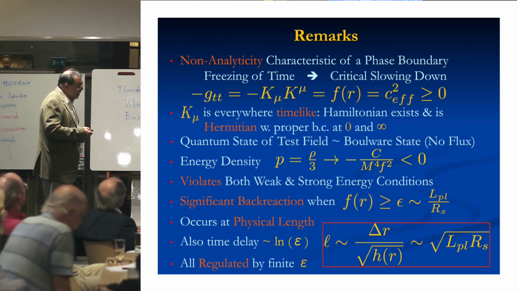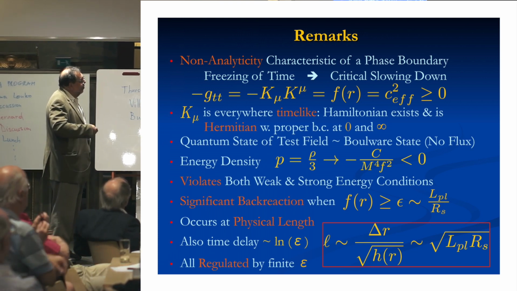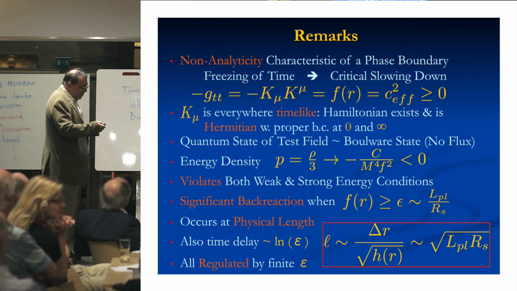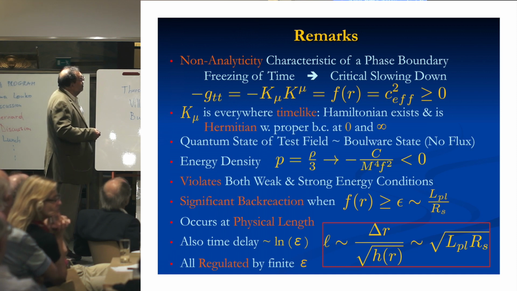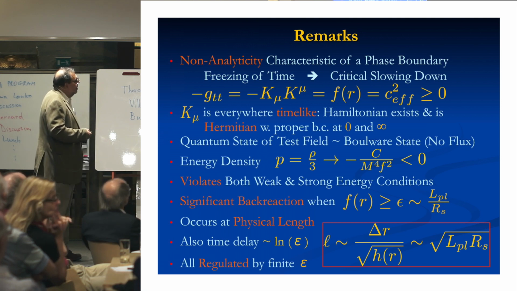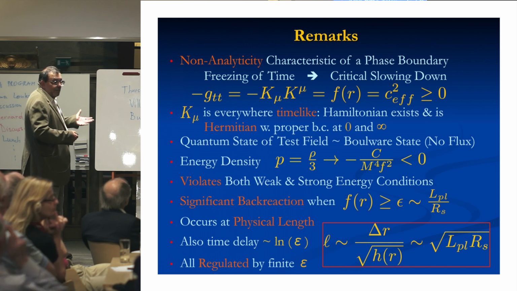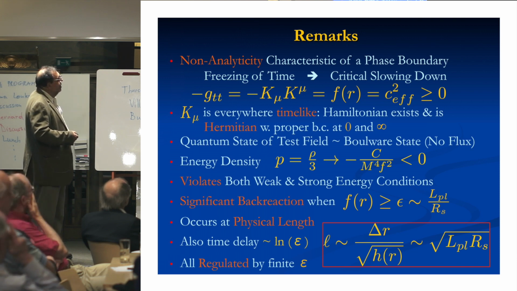I was going to try to discuss how one could realize this now in an effective theory, but let me just make a few remarks and I'll stop. So first of all, the non-analyticity is very similar to what one would guess in condensed matter physics. People like Bob Laughlin and Chapline had similar ideas, but rather than talking about an analogy, this is just coming out of the solution of general relativity in the